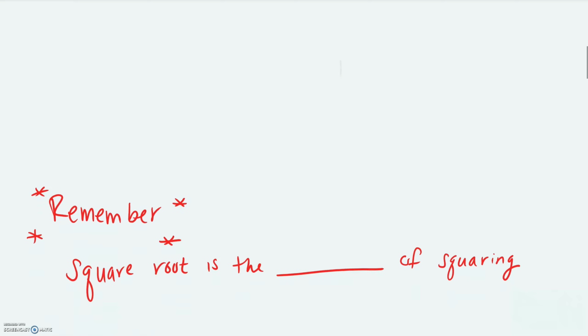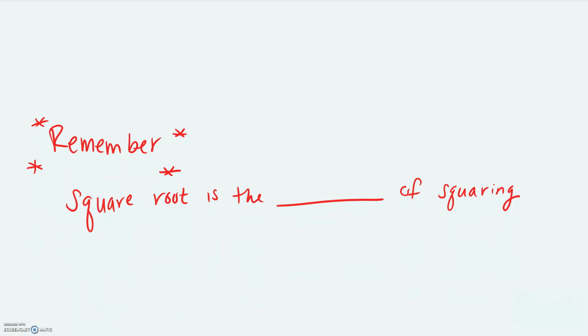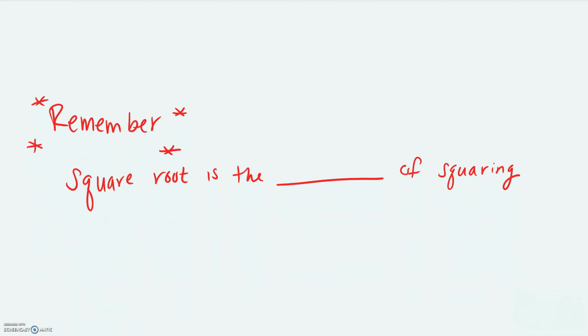Sweet. Okay. Now we also need to remember that a square root is the inverse of squaring. Last time we talked about what it looked like to square something, to multiply it by itself. Today we're going to go in the opposite direction. For example, if we have 3 squared, that is 3 times 3, which equals 9. The inverse of this